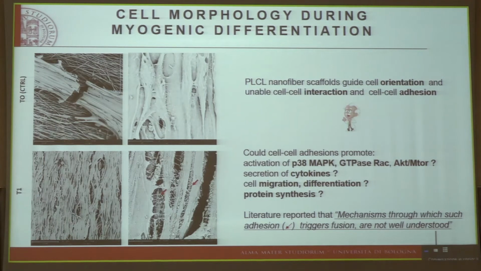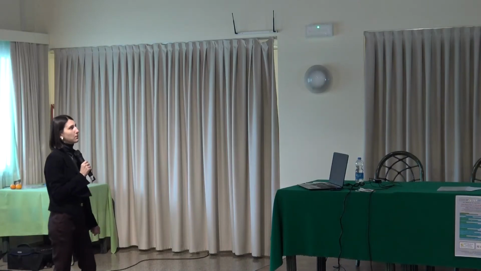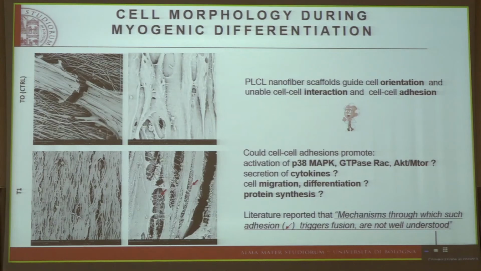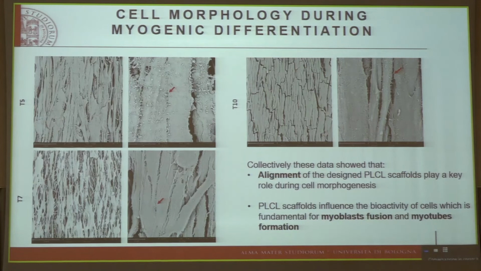Indeed, 1 day after the stimulation, we detect the cell-cell adhesions. So it appears that cells are trying to call each other, and probably this adhesion could promote the activation of inner signaling pathways that are important for the secretion of cytokines, and so make possible migration and differentiation with protein synthesis. Looking at the literature, it is reported that the mechanisms through which such adhesion triggers the fusion are not well understood. And as follows, at day 5